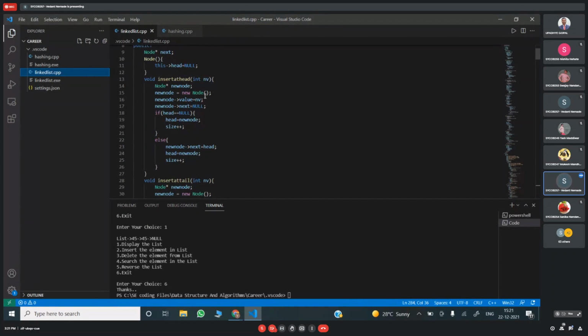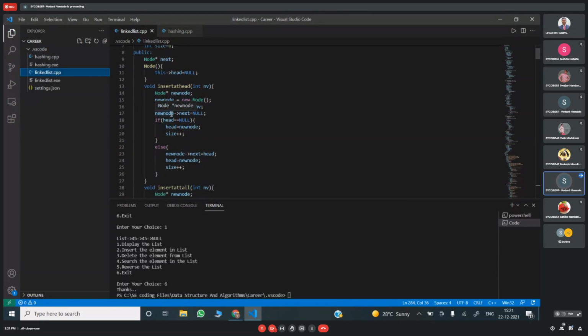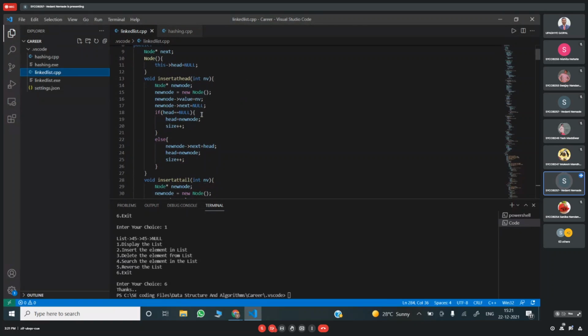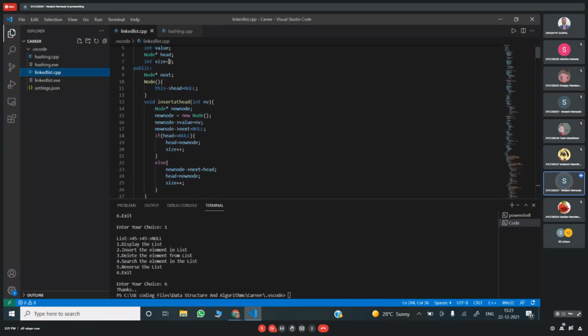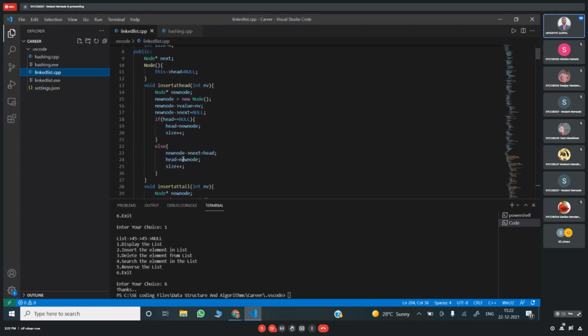Since it is the first element in the list, I will assign next as null. If it is not the first element, then the size would be increased, and I will assign the node to the next, so it points towards the next element of the linked list.